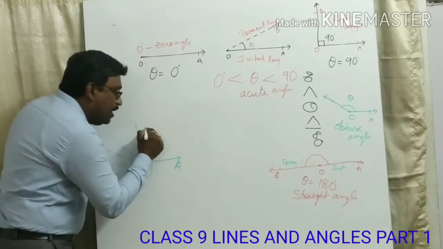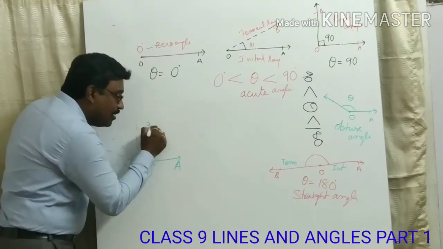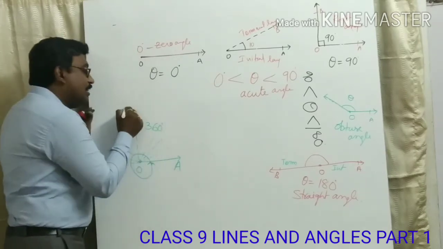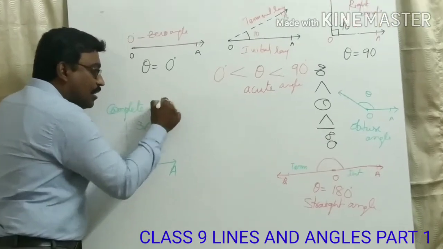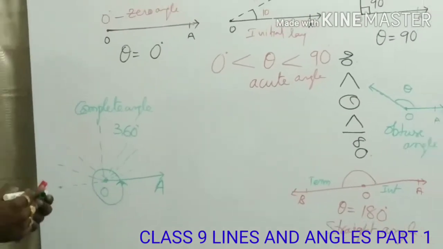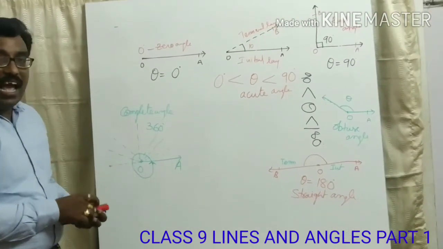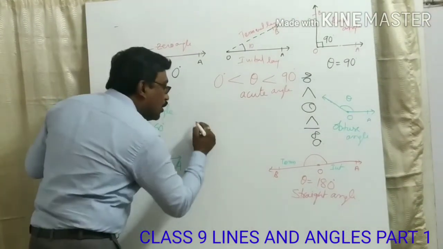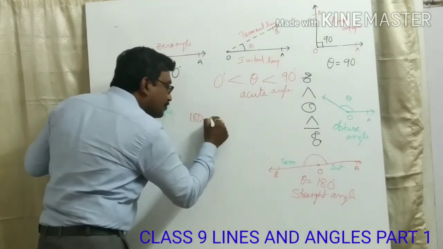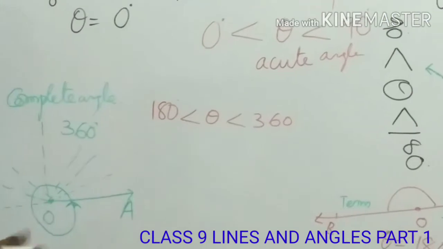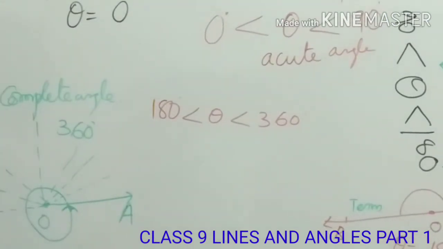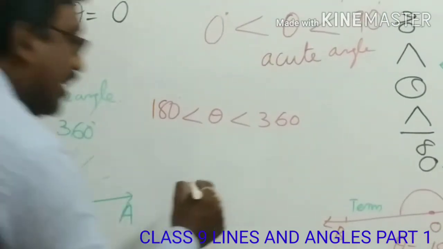That means how many degrees has it done? 360 degrees. Then it is called a complete angle. If any angle is more than 180 degrees and less than 360 degrees,